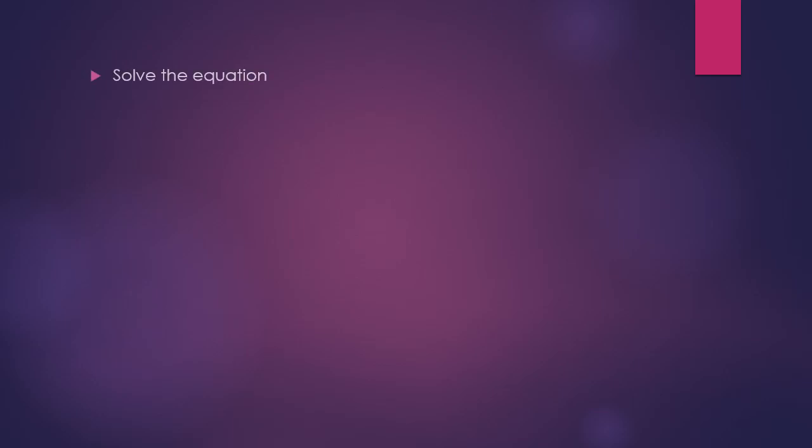Children, please look at the given example. Solve the equation 3x plus 4 equals 12 minus x. Now here you can see x terms on both sides. We need to start by getting the terms containing x on one side of the equation and the terms without x on the other side. The left hand side has the greater number of x. So we will collect them on the right hand side.